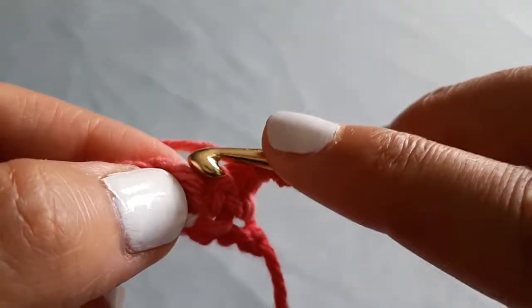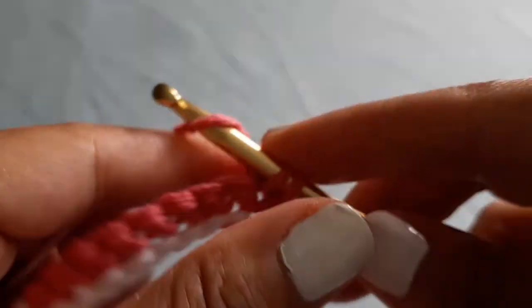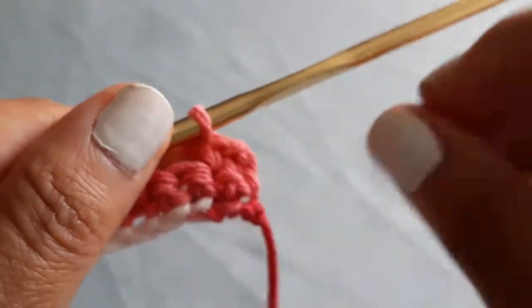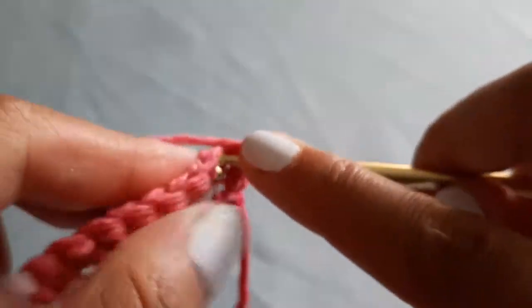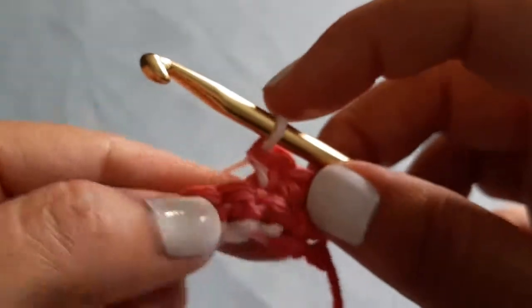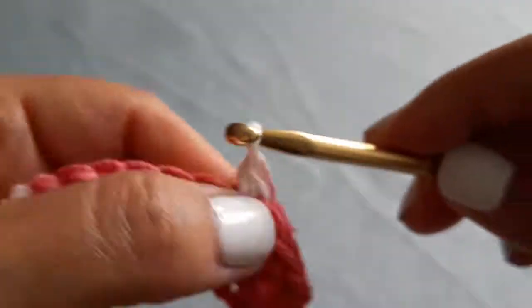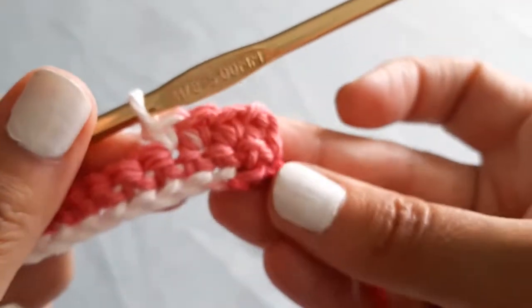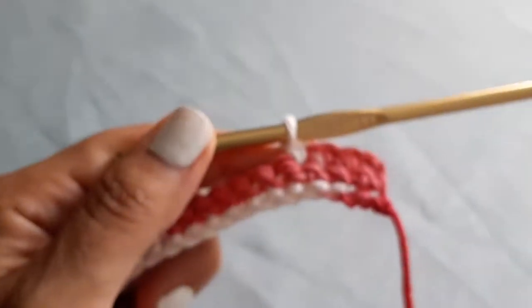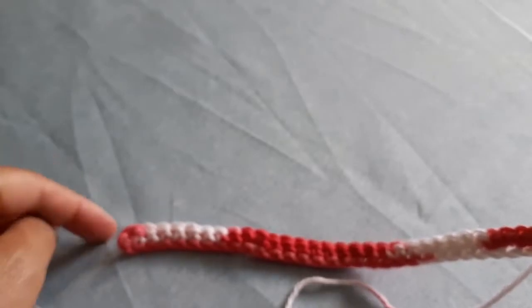So in that second stitch, we will insert our hook and continue on with a single crochet. Okay, so it should sit nicely just like that. So I'm going to do that again into the next stitch. We will single crochet and we continue on into the next stitch. Okay, so your work will look something like this. So this is it. It's really simple. This is the repeat. You're going to do this all the way to the end, chain 1, turn your work,